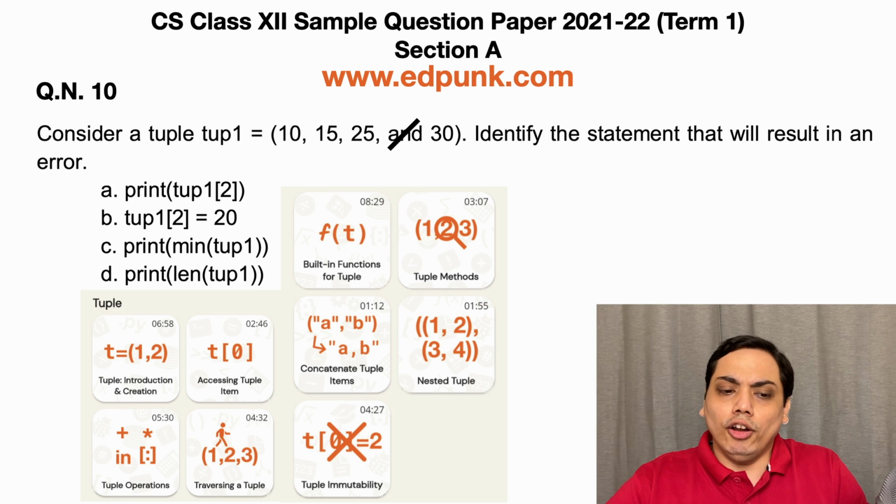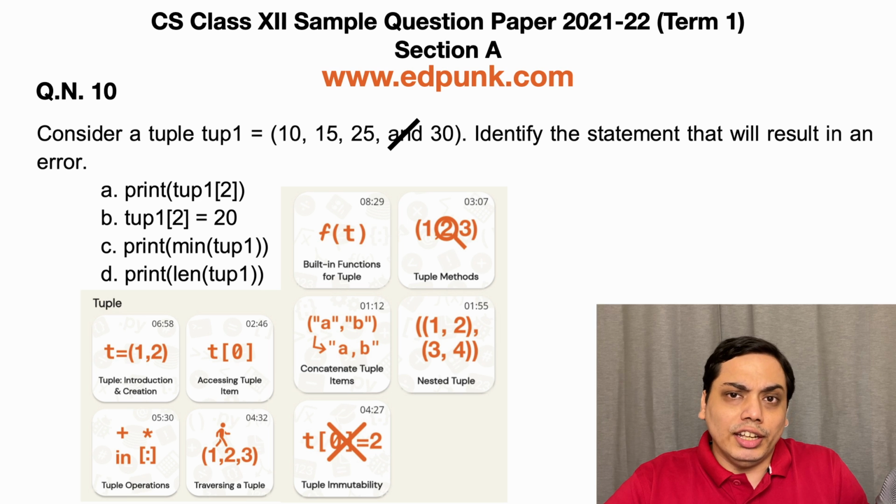Now, in option B, we are trying to assign 20 to the item at index 2. Tuples are immutable, so this will throw an error because once you have created a tuple, you cannot modify it. So this option is the correct option as it will result in an error.